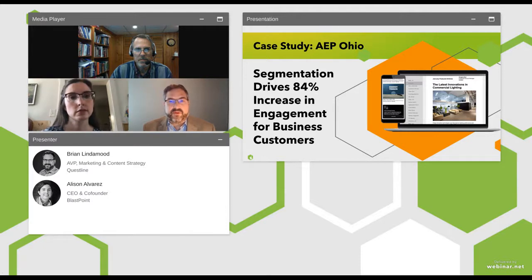The performance metrics bear this out. The healthcare segment had an 84% increase in engagement compared to the unsegmented newsletter. Education had a 54% increase. Overall, we saw a 22% higher open rate and a 44% higher click-through rate for the segmented newsletters compared to the unsegmented. It shows customers want to engage with relevant content, and segmentation is a really effective way to deliver that. Thanks again for attending today, and thank you for your interest, and I will turn it back over to Mike.